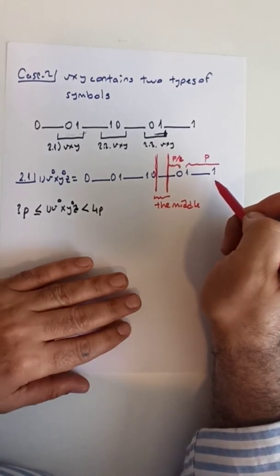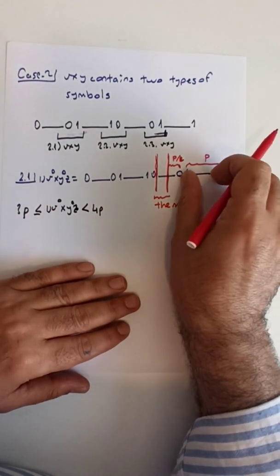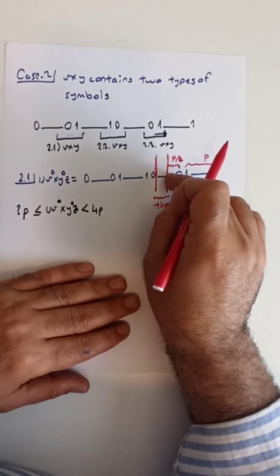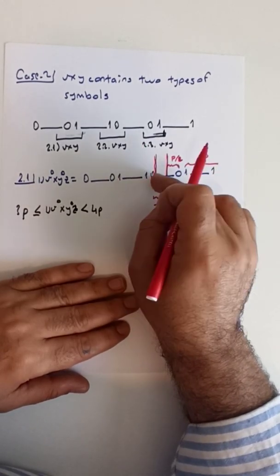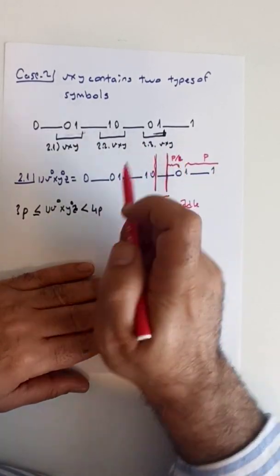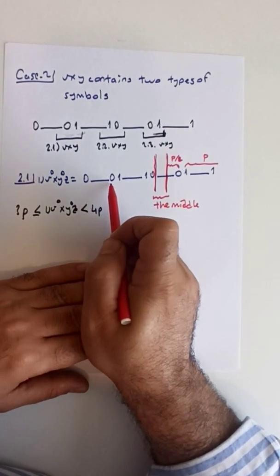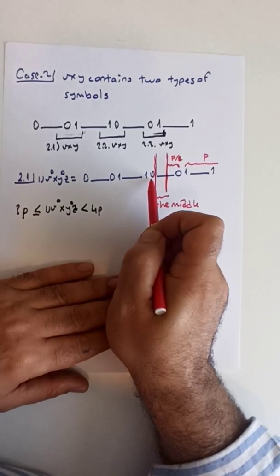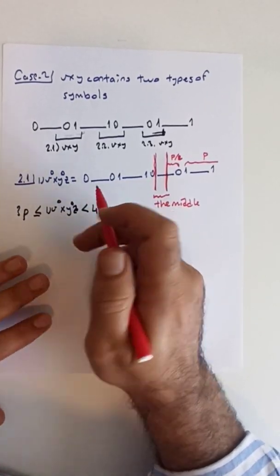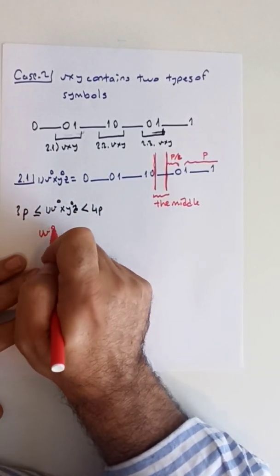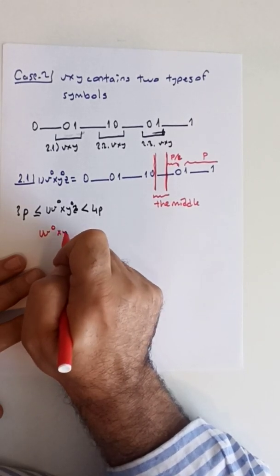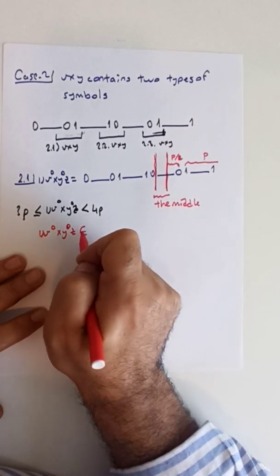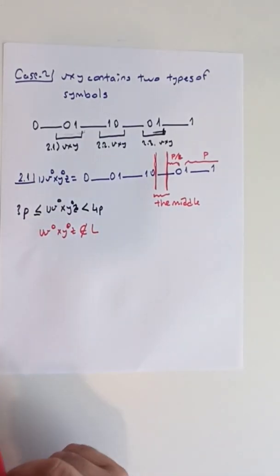We have p many ones at the end, and at the beginning we have p many zeros. Whereas in the first half of the string we have p zeros followed by p ones followed by some number of zeros. So it's easy to see that the new string uv^0xy^0z does not belong to the language,